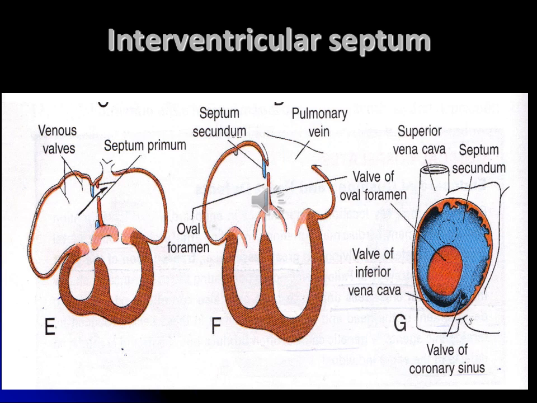This is a diagrammatic representation where he is showing, if you concentrate on the ventricle, from the floor of it, a thick septum is growing towards the AV cushions, and it stops short and it is replaced by a very thin part called membranous part of the interventricular septum. Most of the congenital cardiac anomalies, including the ventricle, are almost confined to the membranous part because of the complexity in its development.